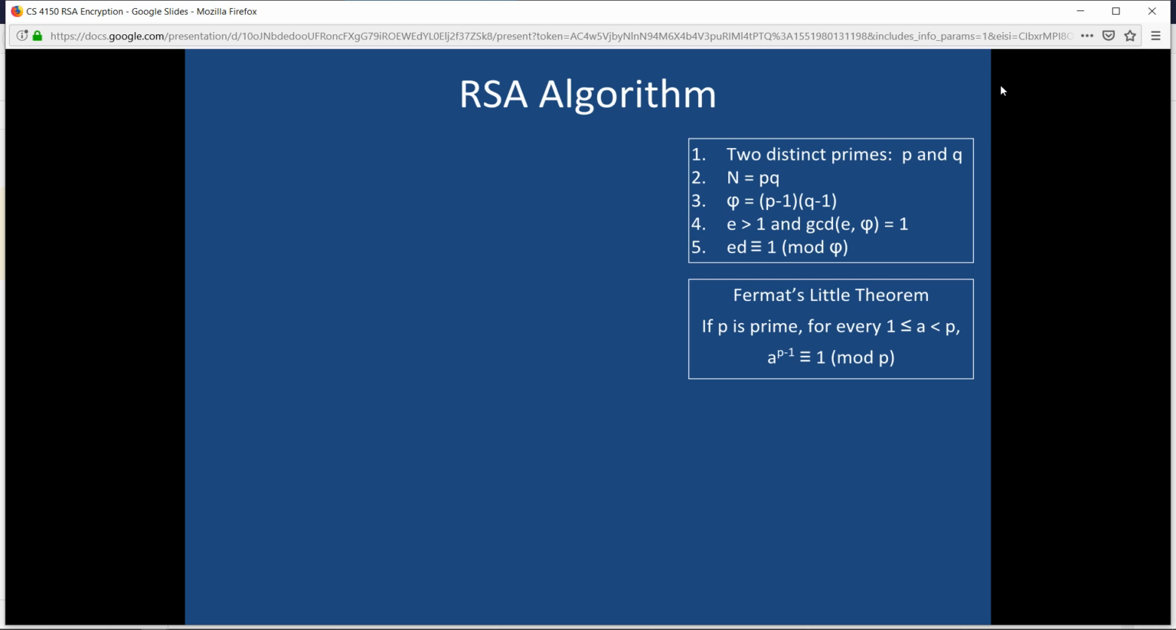Yes? Do you have any tips on how to solve the problem with A to the B to the C mod n, using the algorithm? Well, okay, so